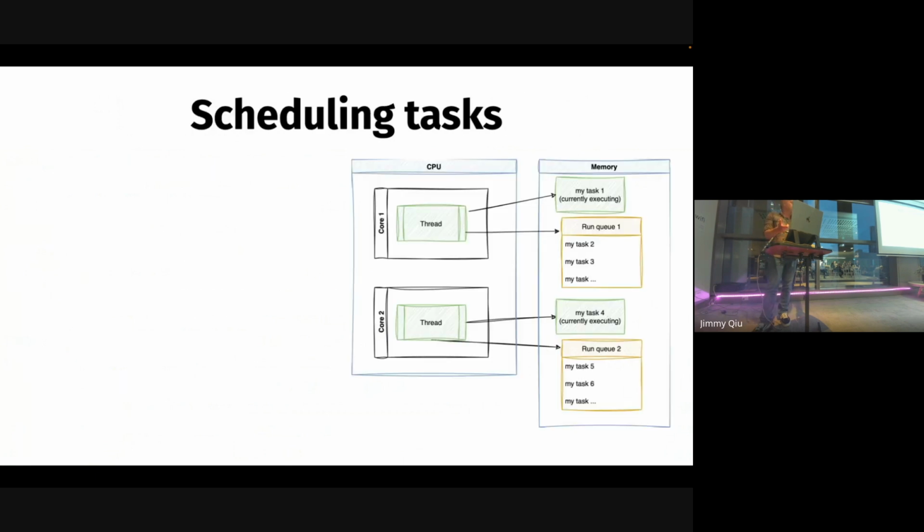So this is what we were looking at before. This is the approach that works pretty well. You'd have a CPU, potentially with multiple cores, potentially multiple CPUs. There'll be a thread running on each core. Then there'll be some code that says, okay, I'm going to grab a task off a request queue, run that thing, run the next thing, run the next thing.